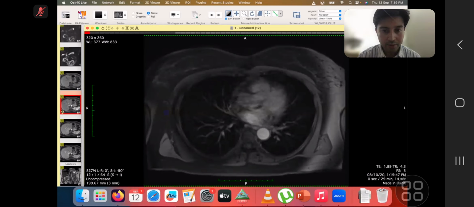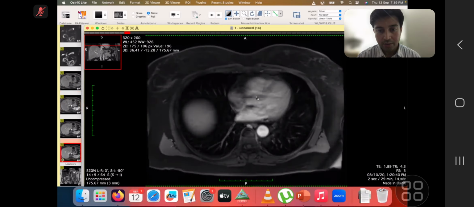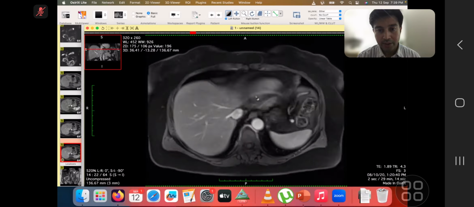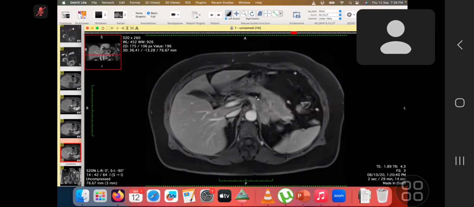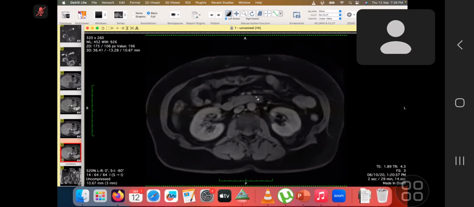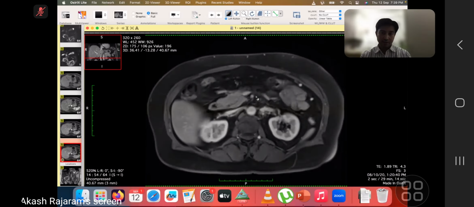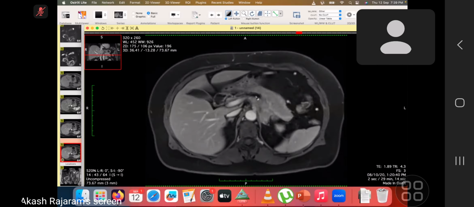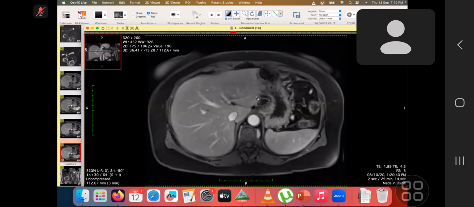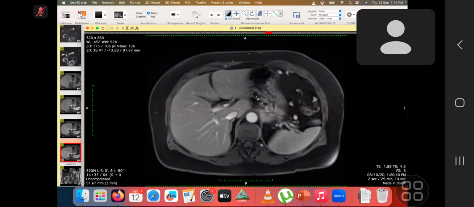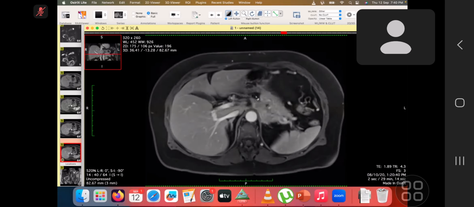Yeah, one second. Yeah, so this is the portovenous phase of the. You want me to scroll? Yeah, just can you please hold here? This is actually the portovenous phase, and here I can see this is again enhancing with central sort of